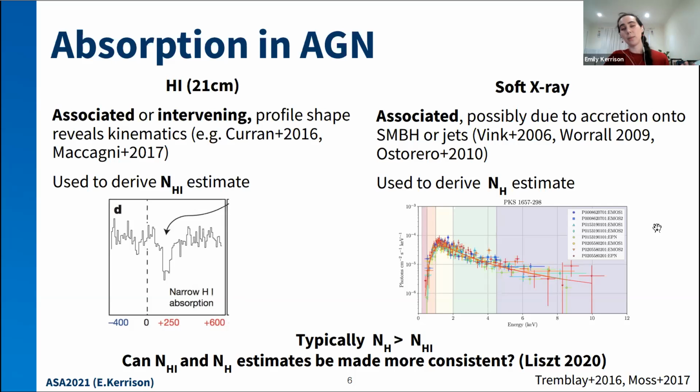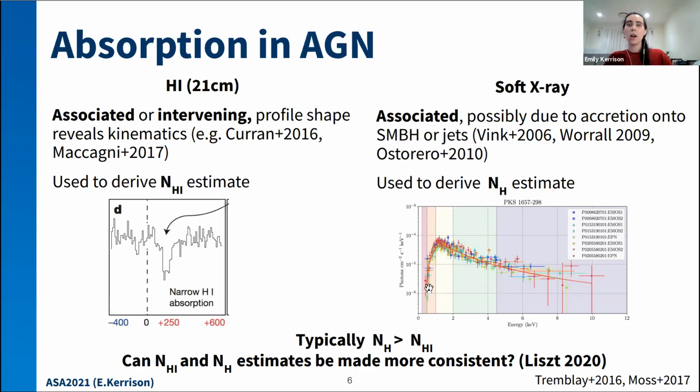The other is soft X-ray absorption. And this has to be associated with the system due to the temperatures involved. We don't think it's due to any kind of atomic process. Well, we know it's not. Rather, we think it's due to either accretion onto the black hole or possibly the interaction of the AGN jets with the interstellar medium. And because it's not atomic, we see this much broader turnover in the X-ray spectrum of